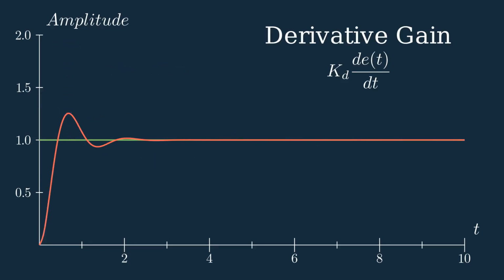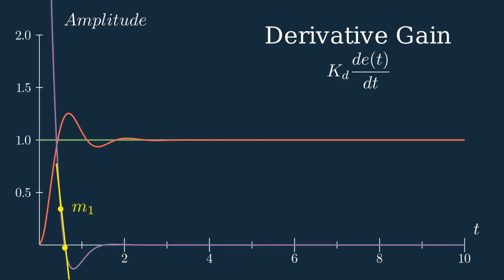To understand how this works, we have to look at the error plot over time, which is represented by this purple curve here. Given the nature of the derivative, we're able to determine the rate of change of the error at the current timestamp. This means that we're able to see how fast the system is changing over time. Near the beginning of the response, we may get a slope that looks something like m1. And near the top of the response, you might get a slower rate of change that's represented by the m2